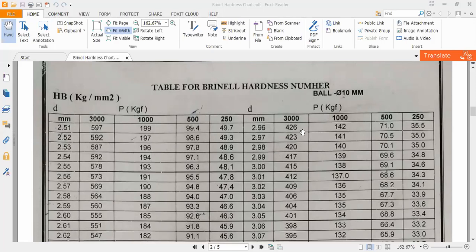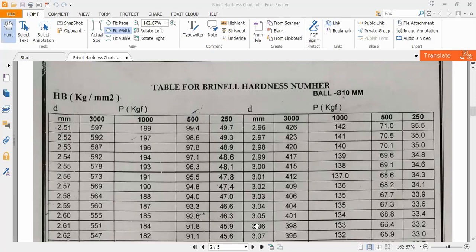You see on this side, the higher the diameter of the impression, say for a 3.05 millimeter diameter impression, we got with 3000 kg applied weight, as well as with a 10 millimeter indenter, 400 Brinell hardness number.